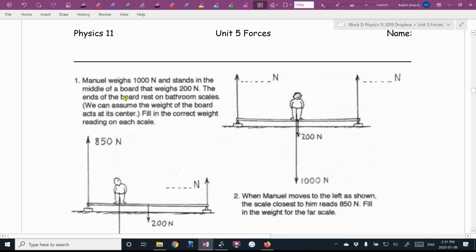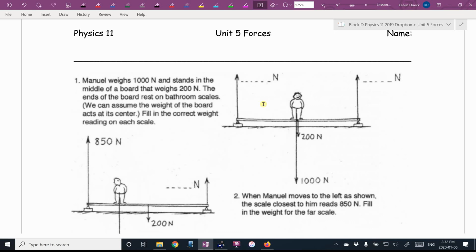The ends of the board rest on bathroom scales, and let's assume that the weight of the board and Manuel are at dead center. It says, fill in the correct weight reading on each scale. This seems really, really tough at first. It's not. Josh, is this whole thing sinking into the ground like quicksand? Sure no. Is it flying into the air like Superman? Sure no. So that means the forces must be, I'm looking for a word that starts with letter B,